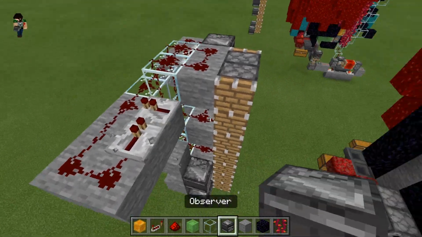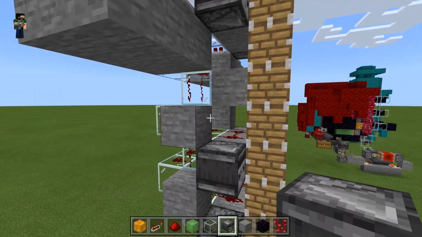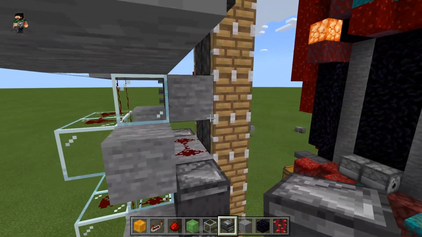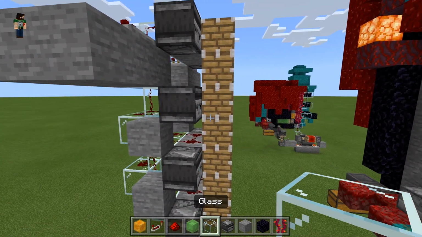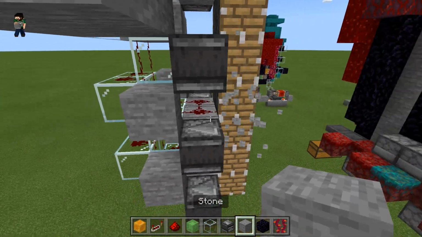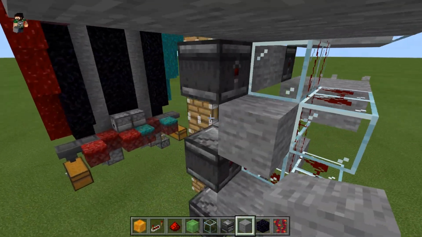And yeah, oh, that was my bad. And now we do need to do the thing. Why don't I have an observer there? So now we need to do the same because it's not powered yet. So let's just there and